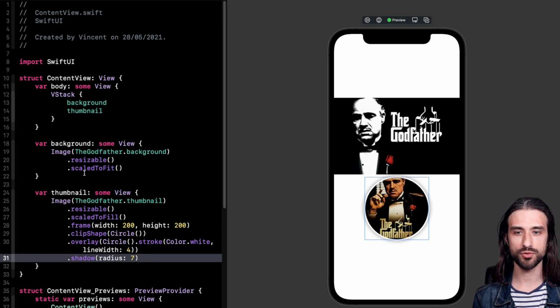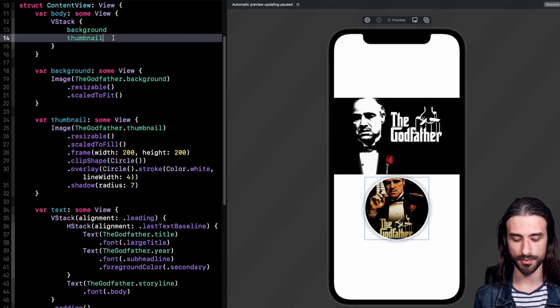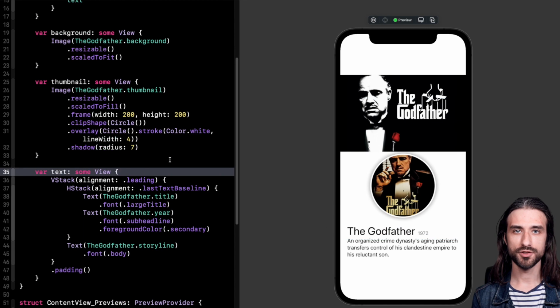Then the next step is to actually display the text below the thumbnail. So once again, I add the property, I update my view. So as you can see, even though it looks a bit more complex, it's your typical combination of HStack and VStack, which is a super common pattern in SwiftUI. I'm not going to focus on it too much because I really want to focus on what is the main difficulty in implementing this view, which is how to make the two images display on top of each other.